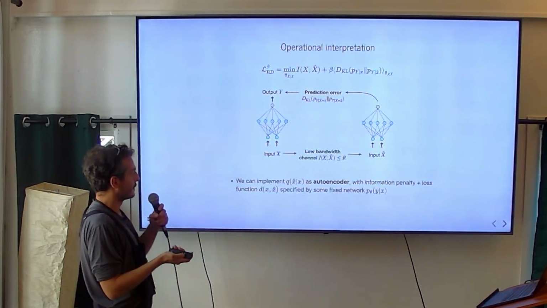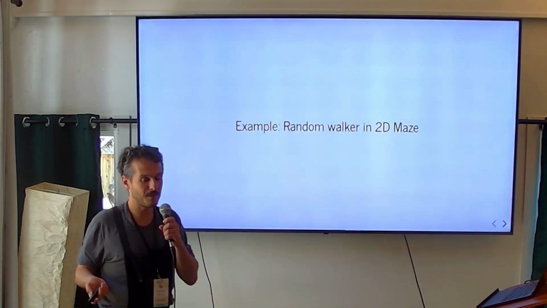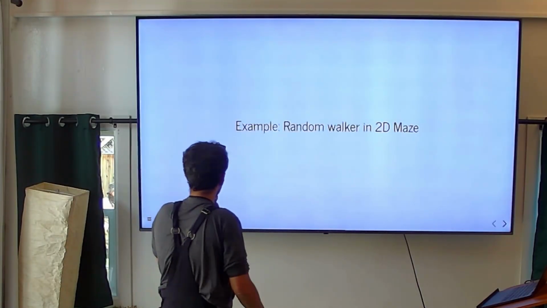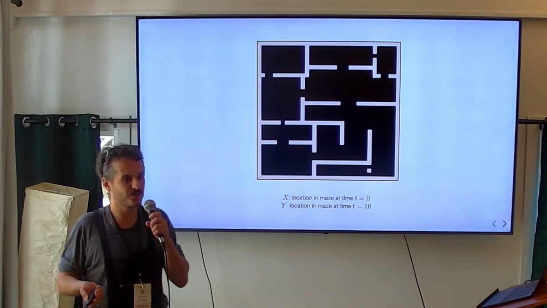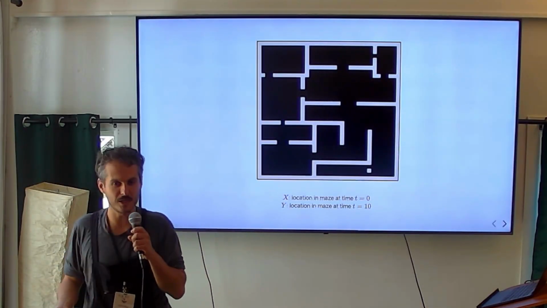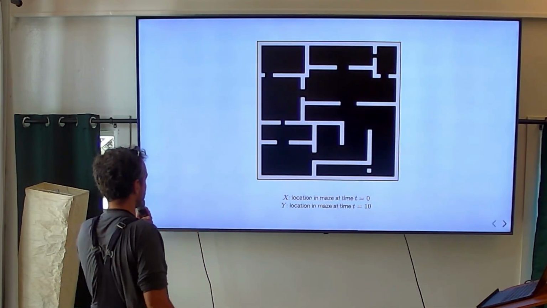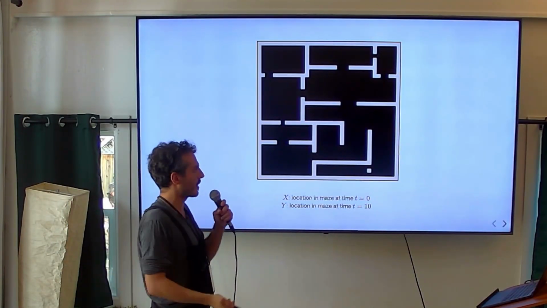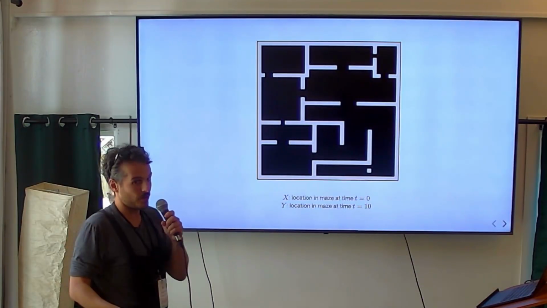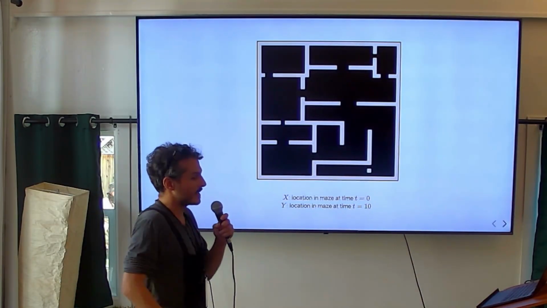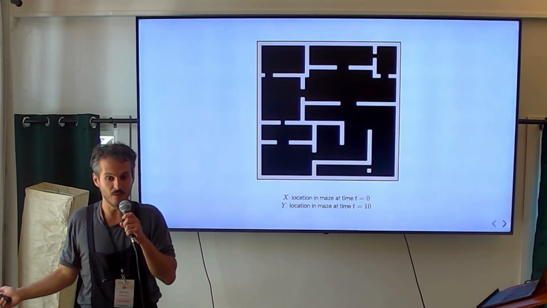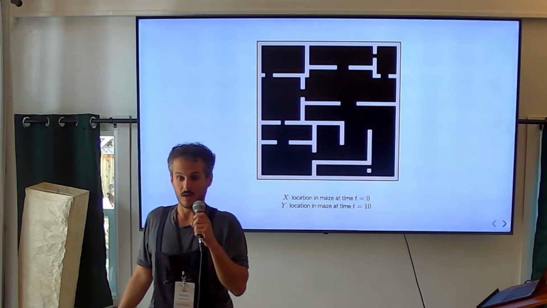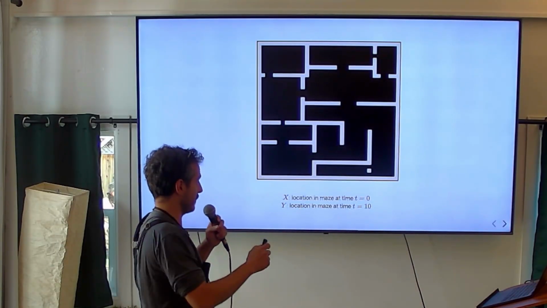Let me keep going. And maybe I'll give you an example. This is a very, very toy model that I just coded up a few days ago. Basically, I drew this maze, and I put a random walker in it. As Daniel Polani calls it, it's grid world. So you can move up, down, left, right. There's a continuous time Markov chain, and all the transitions that are allowed are equally likely. As x, we just say, okay, where am I in the maze now? And as y, we say, where am I going to be after time t, after time 10?